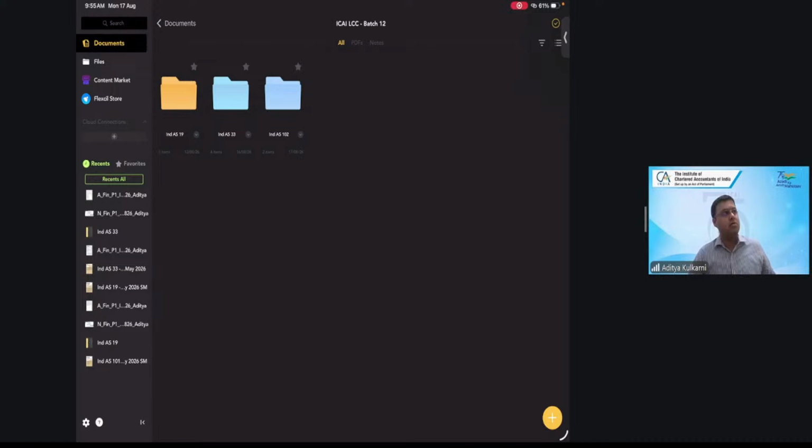That is also not covered under Ind AS 102. That is outside the purview of Ind AS 102. So that kind of broadly covers the discussion that we had on Ind AS on share-based payments.